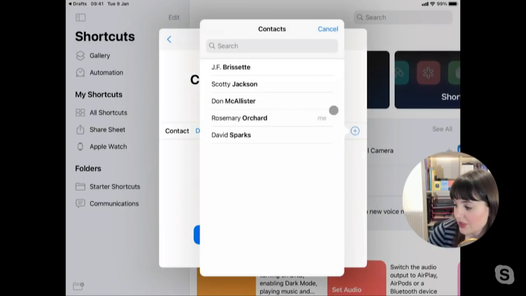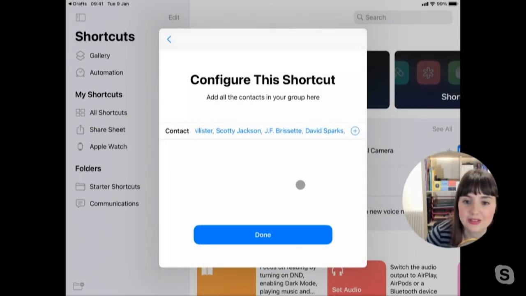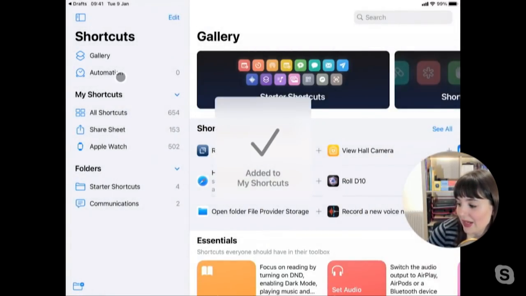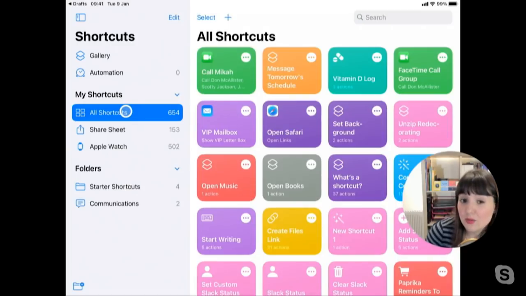here. So I've got some people that I work with. Mikah, you really ought to be in this list on this demo iPad. I'll sort that out later. And then you can tap done. And now, of course, this shortcut doesn't have a great name, but this also means I can run this through